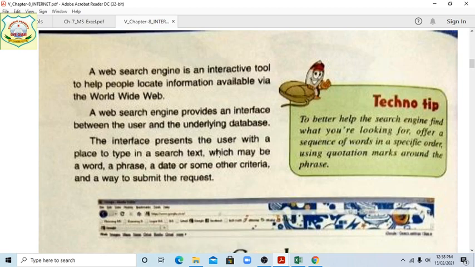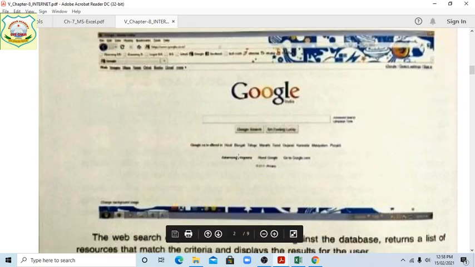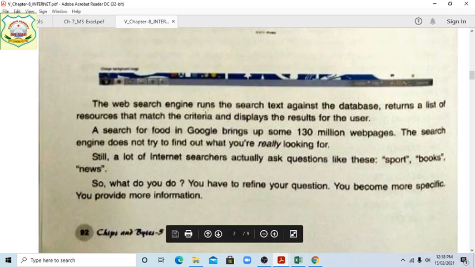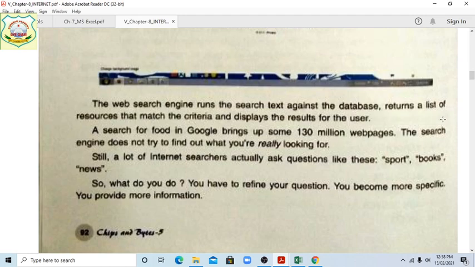The interface presents the user with a place to type the search text. Just now we have typed, then we will get the answer. The web search engine runs the search text against the database, whatever we have typed, and finds out whether the text the user has written is in this library. It returns a list of resources that match the criteria and displays the result for the user.